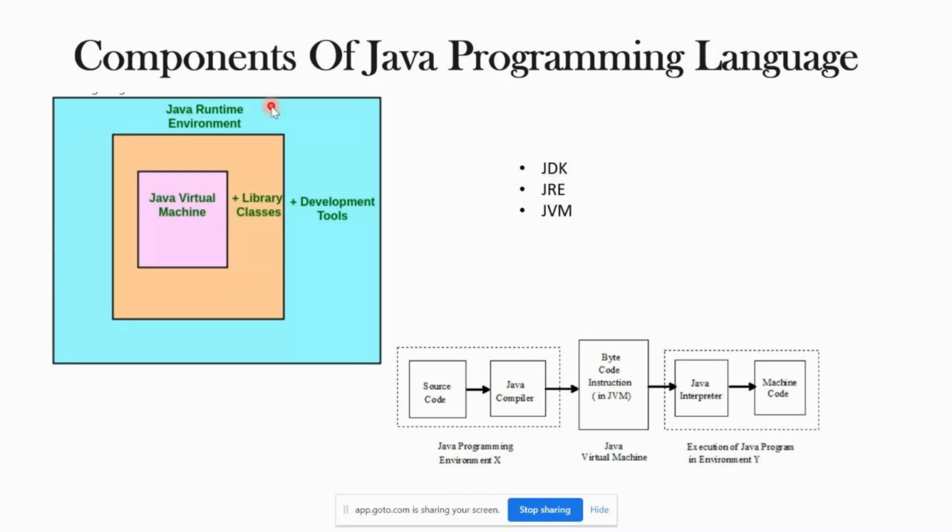Let's go back to this particular picture. This picture will easily make you understand. First thing is, when somebody needs only the translation kind of thing, they can go for this JVM. If you are planning to run an application which depends on Java, then you need JRE. JRE is nothing but JVM plus some libraries. So this rectangle stands for JRE. Finally, if you are the developer, then you need JDK. What is this JDK doing?